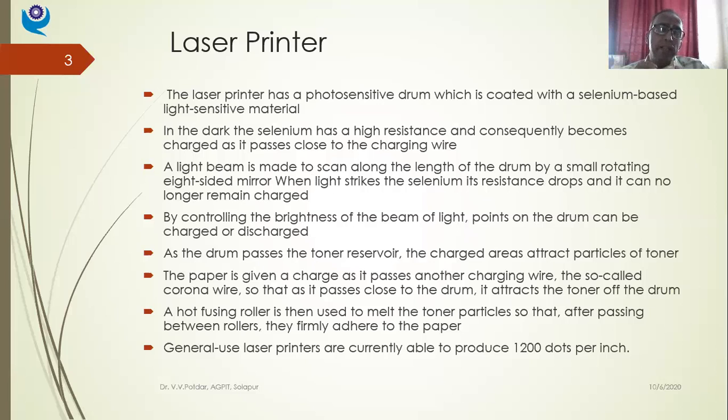So the cost per page in case of inkjet printers and bubble jet printers is comparatively higher as compared to my laser printer. Laser printer uses ink in the form of powder, which is comparatively cheaper, and the running cost is also less. So the number of pages I can get at the same cost is higher, or the cost per page of printing in case of laser printers is comparatively less. And because of low maintainability and good print quality, laser printers are in use. And you can get color laser printers as well as black and white laser printers.